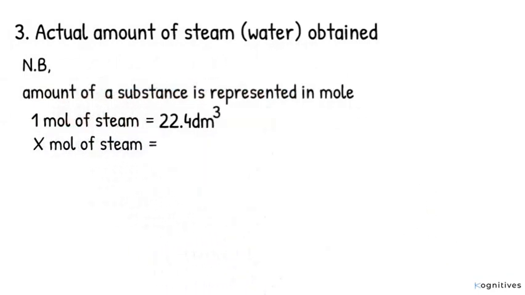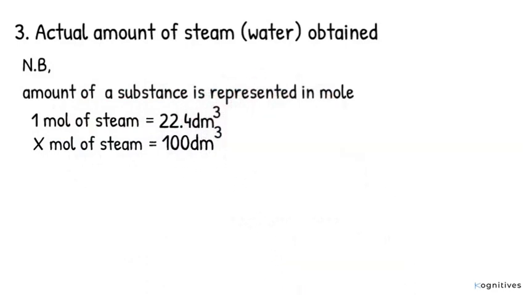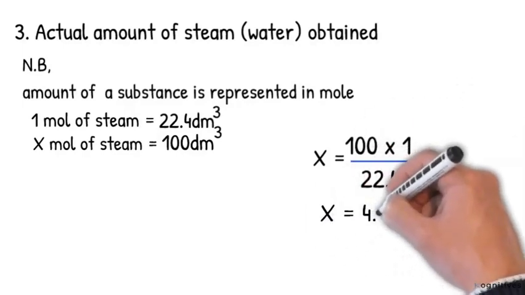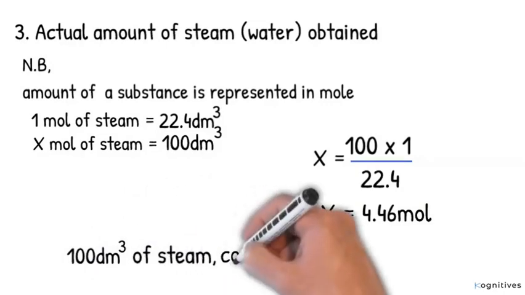X moles of steam will be equal to 100 dm³ of steam, as we calculated earlier. Thus, the amount of steam that occupies a volume of 100 dm³ will be equal to 100 times 1 over 22.4, and this will give us 4.46 moles. So we can see that a 100 dm³ sample of steam actually contains